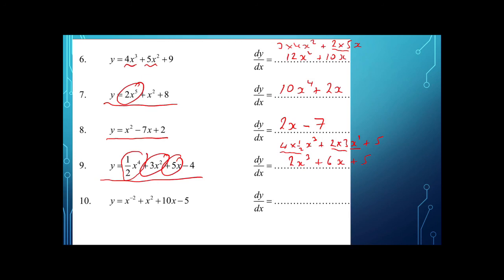And the final question has a negative in here, just have to be a little bit careful, but we know how to do this. So I put the negative 2 in front, take away 1, gives us negative 3. This part here, put the 2 in front, x to the 1, plus 10x just becomes plus 10. So that is minus 2x negative 3 plus 2x plus